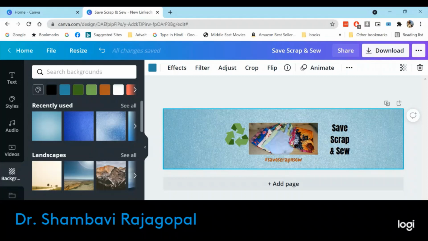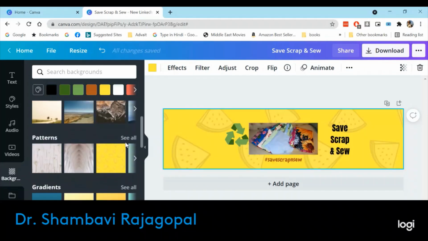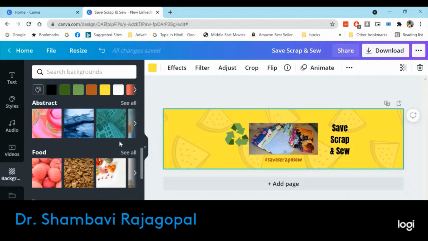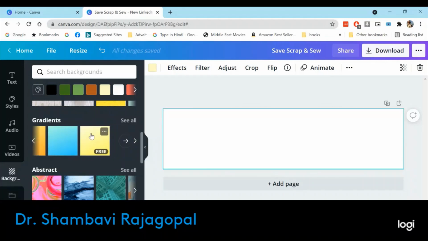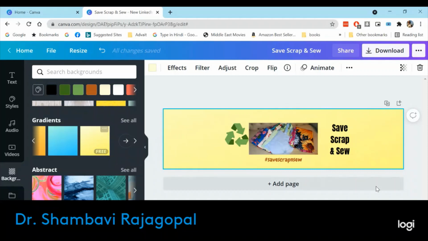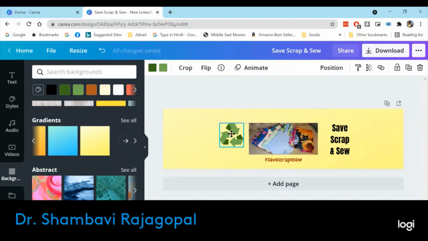which could be like this, or I personally prefer to use a gradient, maybe like this or like this. So again, you can see whether it's a free or a pro option when you pick up the design. Now I somehow am really enjoying this particular design, so I'm going to keep it here. These are all aligned in the same space.